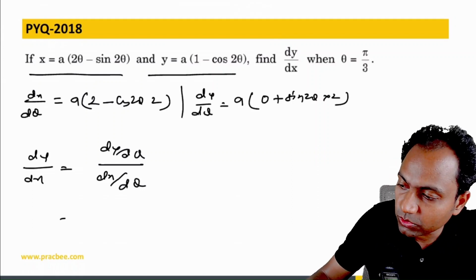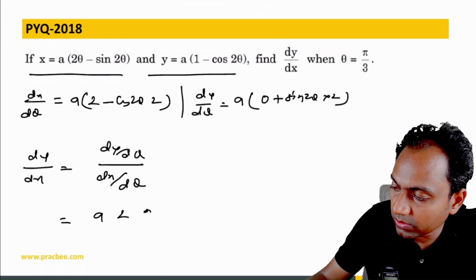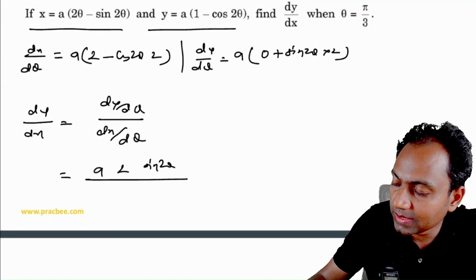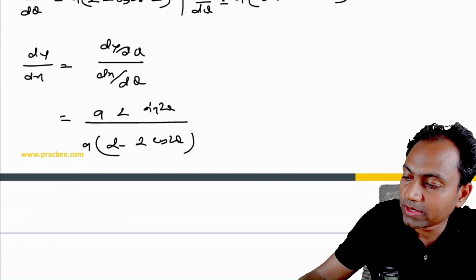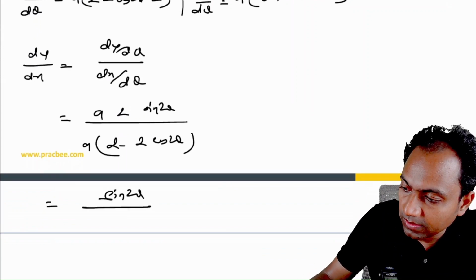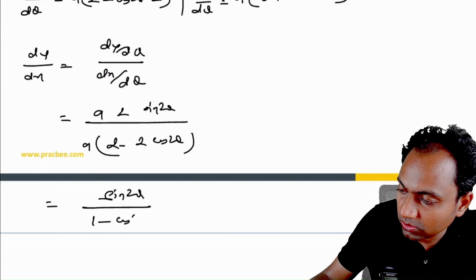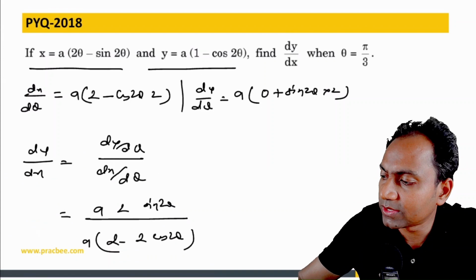So if I divide both of these values, what am I getting? A times 2 into sine 2 theta, and then dx is nothing but a times 2 minus 2 times cos 2 theta. If you simplify it, what I'm getting is nothing but sine 2 theta by 1 minus cos of 2 theta. And what they have already given us, we have to find this value at theta equal to